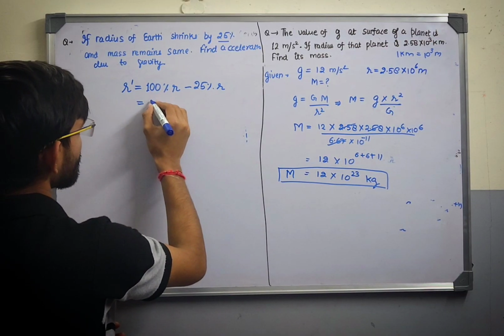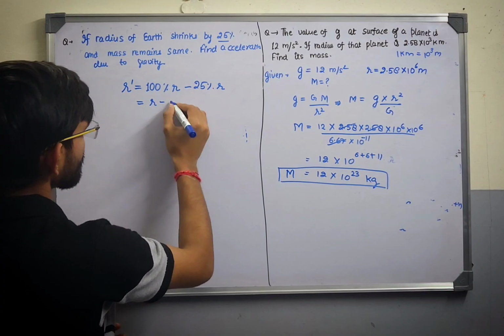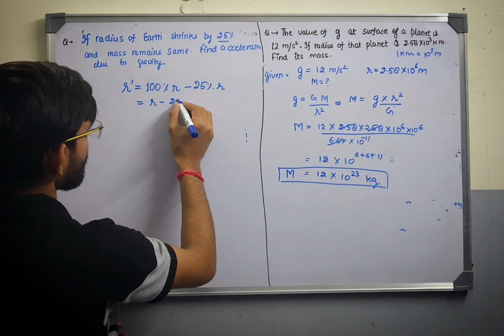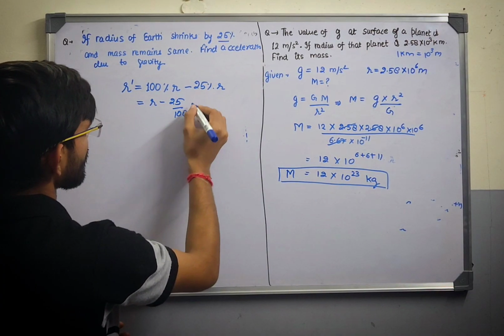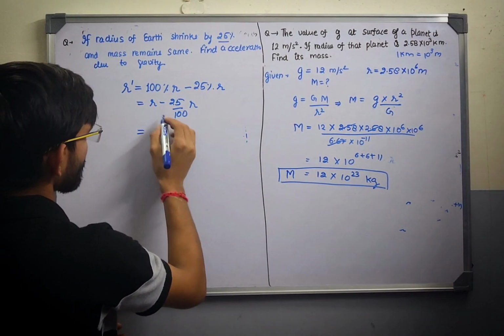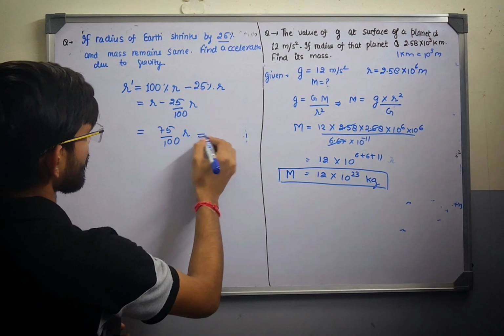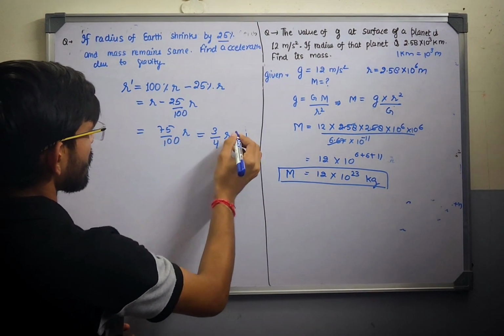So this is 100 upon 100 r minus 25 upon 100 r, it becomes 75 upon 100 r. I can write this as 3 by 4 r,